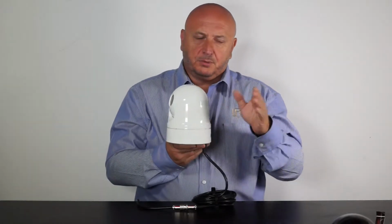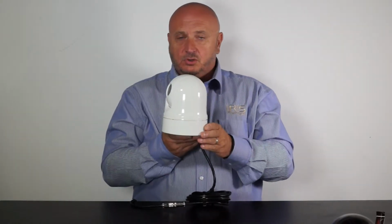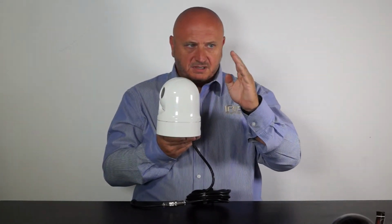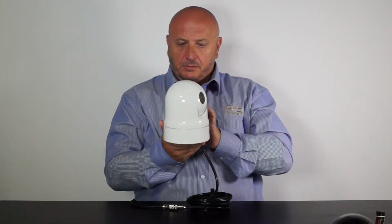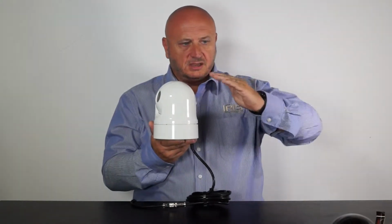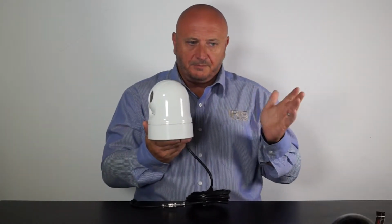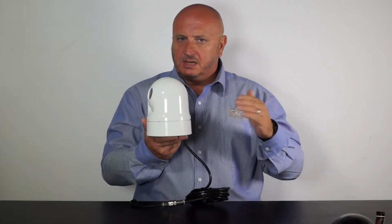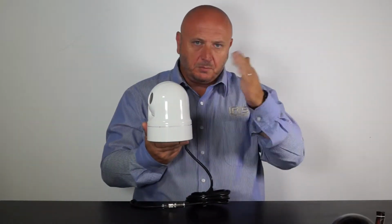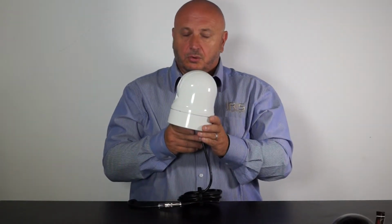When you actually get to see the video picture, which I'll show you a bit later through this review, you'll see that in the bottom left corner of the screen, you have what we call a directional indicator. The directional indicator on the screen moves as you pan this camera around through the 360 degrees. It gives you a reference as you're looking at the screen of where the camera is actually pointing. That's really useful to keep your awareness of where the camera is. If you want to get it back to the barrel quickly, you can press a home button and it will come back. A lot of the features of this camera are driven via the joystick controller,